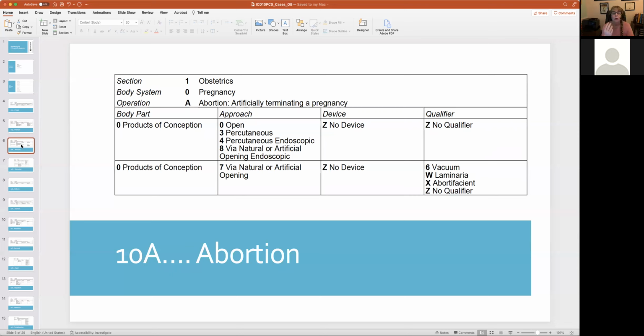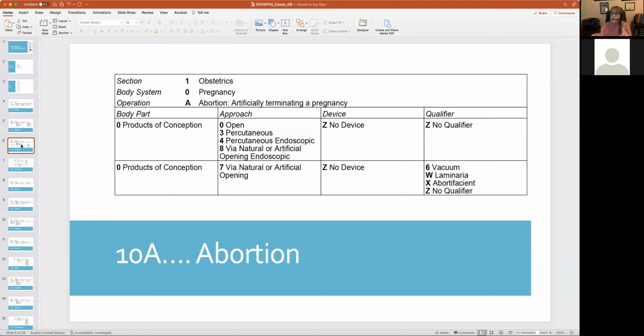So you're going to read the documentation, and you'll notice here that you may have two decisions to make. First of all, there might be an alternate approach to the natural or artificial opening. Okay, so maybe endoscopic, maybe open, percutaneous, endoscopic. All right, that's on row 1, no device, no qualifier. Or products of conception